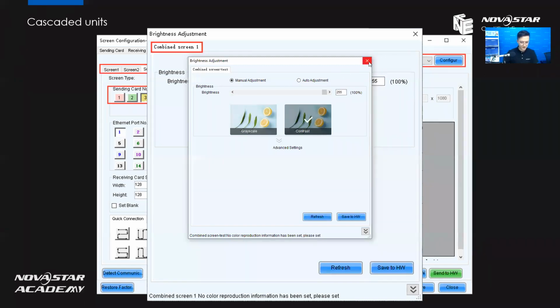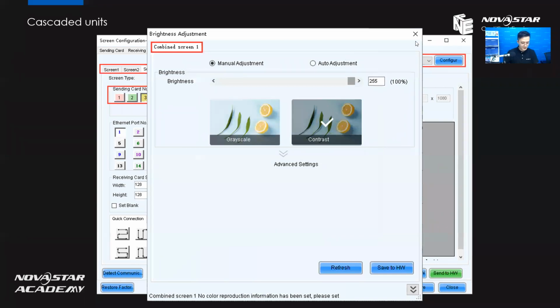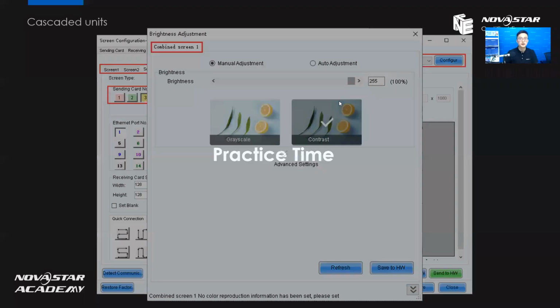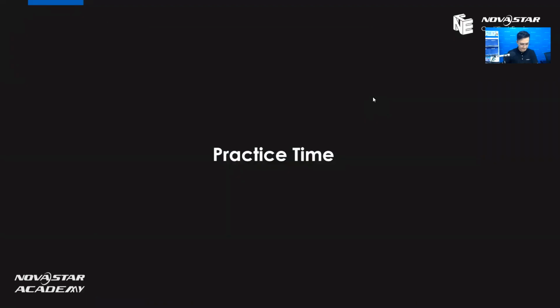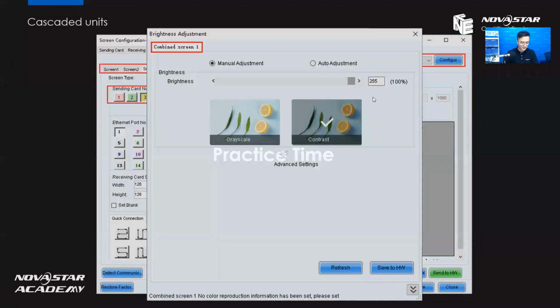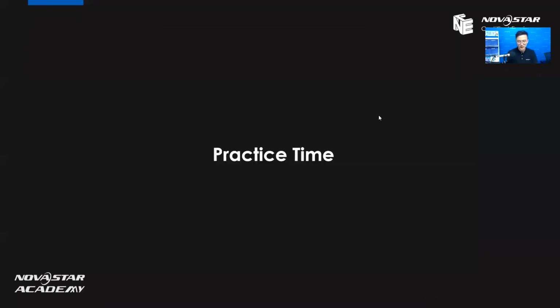So now this is working. Sorry. This is how we make the combined screen, all right? So that's the practice time. And also, if you need to practice more on your side and do some testing,